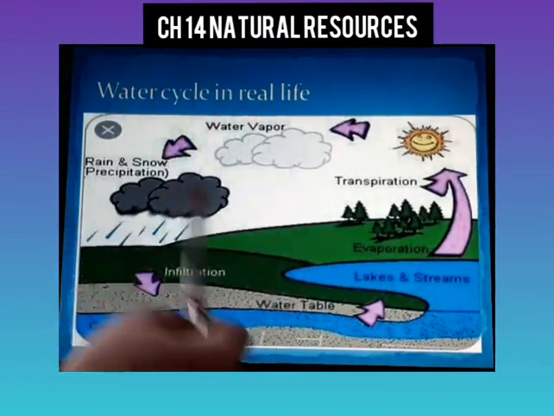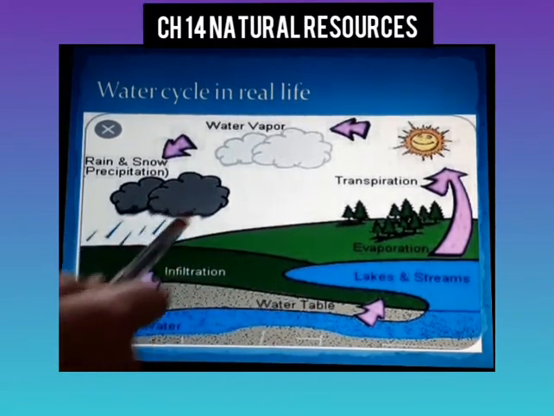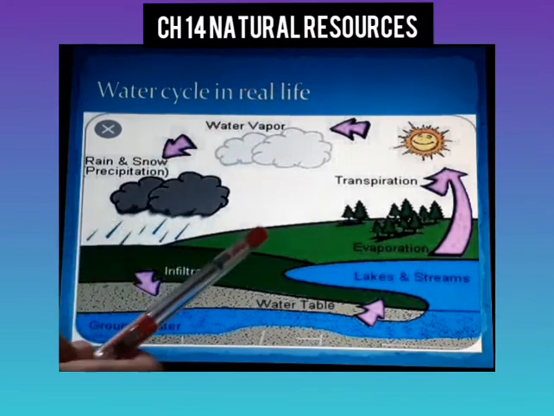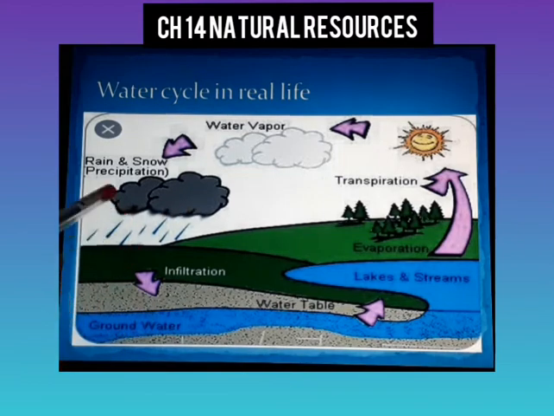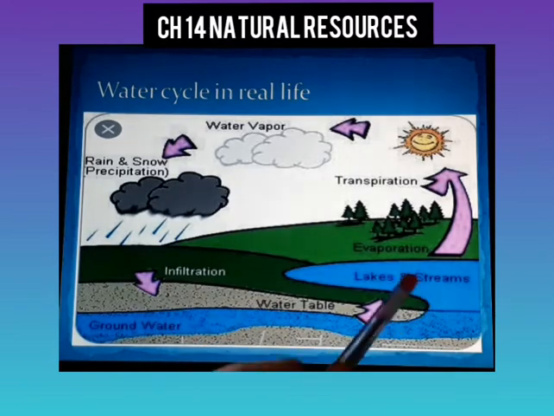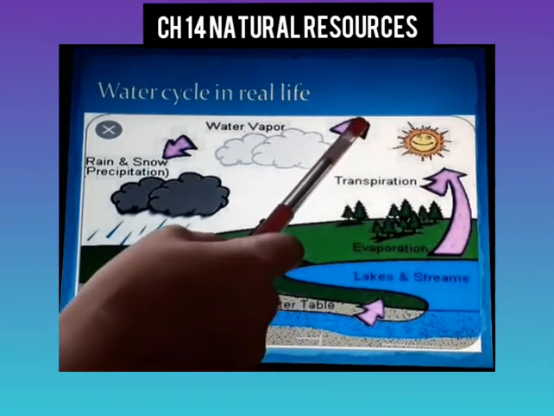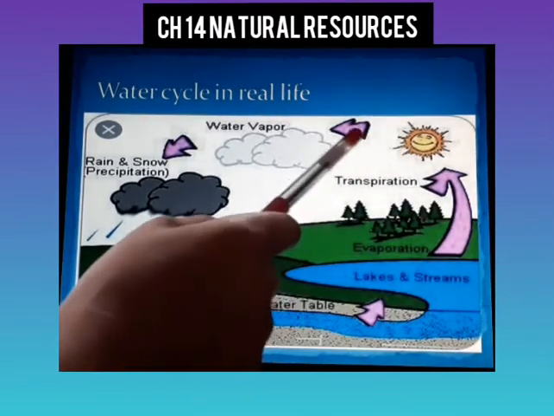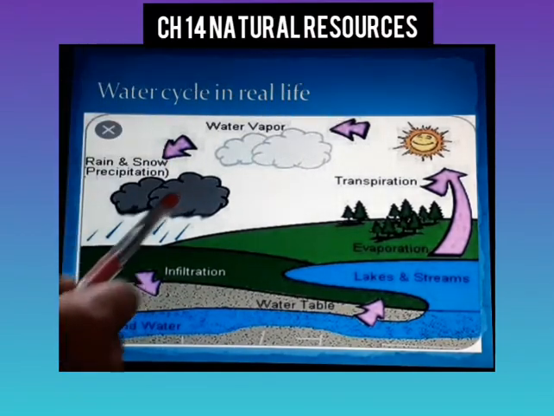This is how it is in real life. Here you can see that it is raining, rain and snow. You can take snow as hailstones. After the rain, it seeps, which is called infiltration. It seeps to the groundwater, moves in the water table, and again joins the lakes and streams. From the lakes and streams, due to plants, it becomes transpiration, and from here evaporation. Due to condensation, those form clouds and again come to precipitation and rains.